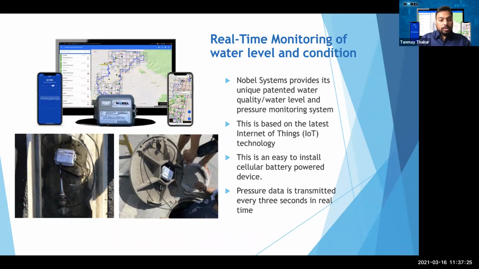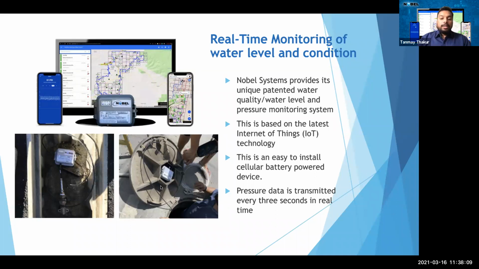This device actually works on a battery powered solution. It has a unique patented water level and water pressure monitoring solution where you can plug in the probes for water quality, water pressure, or maybe flow, and also for the valve turning solution into this box. And by box, I mean it's actually an Internet of Things gateway. It is powered by a technology called IoT, where it works on a dedicated network to send the data from this field to the GeoViewer platform, which we have.